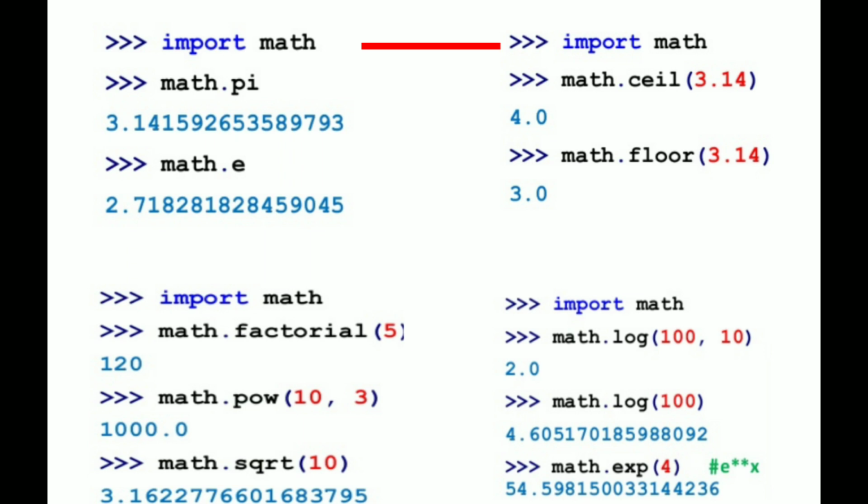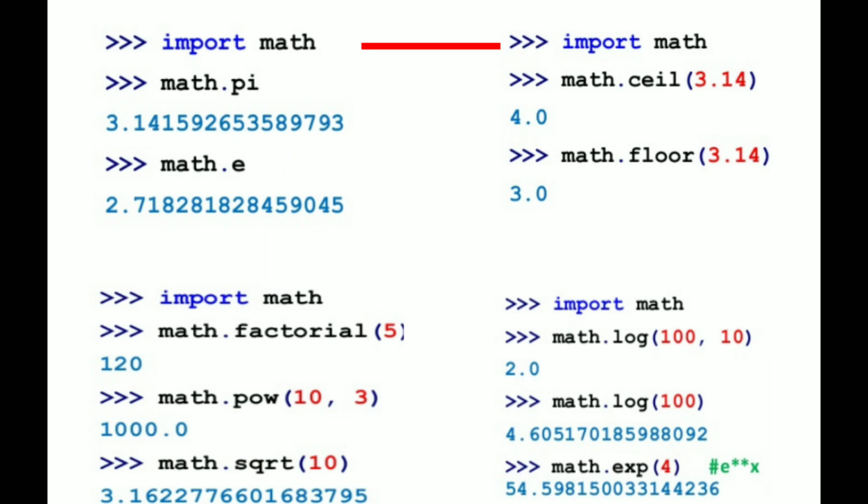math.pow of 10, 3: 10 power 3 is 1000. math.sqrt of 10, 3 point something. Math logarithmic values: math.log of 100 base 10 is 2.